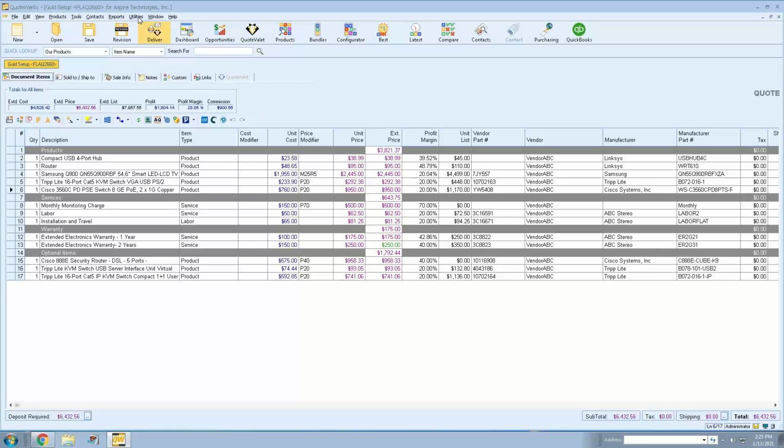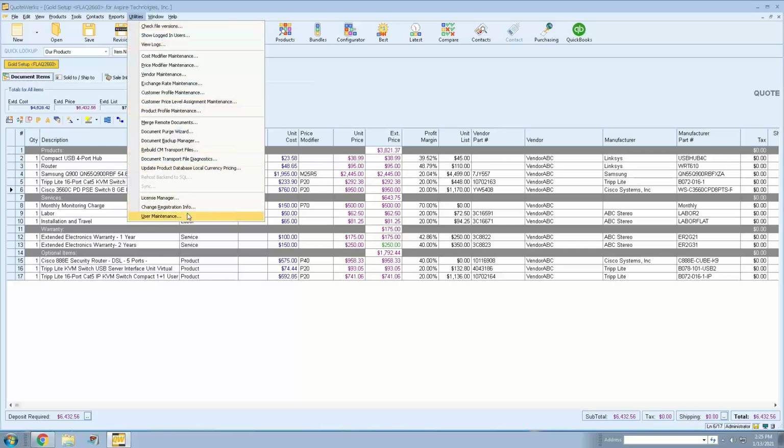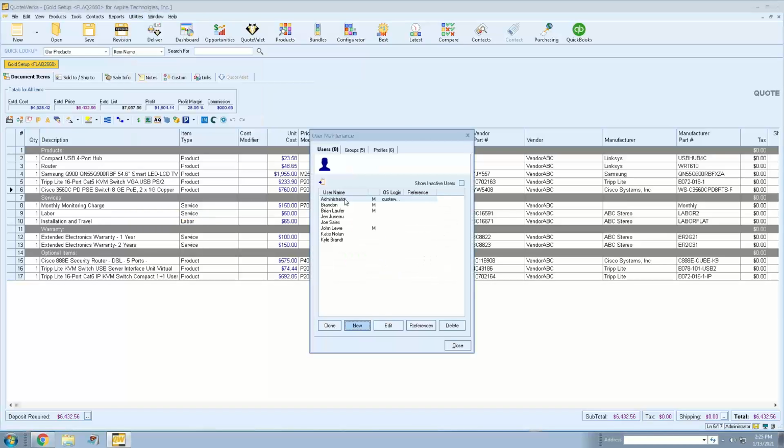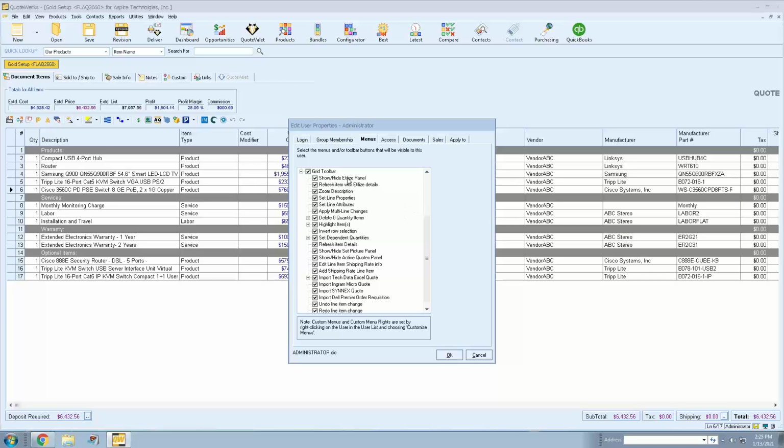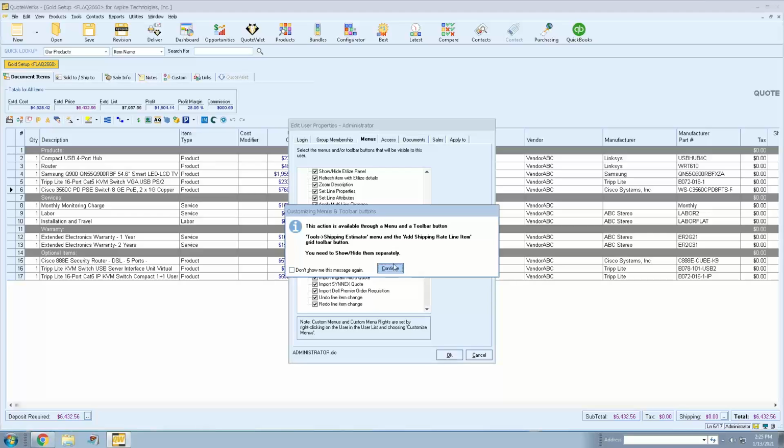The way we're going to do that is click on Utilities, User Maintenance, and then we're just going to select My User, so the administrator. Click edit here. And then if we go to our Menus tab, you'll actually see there's a Grid Toolbar menu option. If we expand that menu, you'll see a list of all the features under the Grid Toolbar. So if there's any of these you're not using, let's say I'm not using the invert row selection, and we'll say the shipping ones,